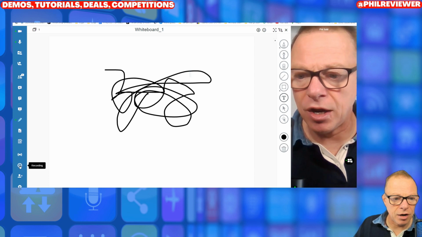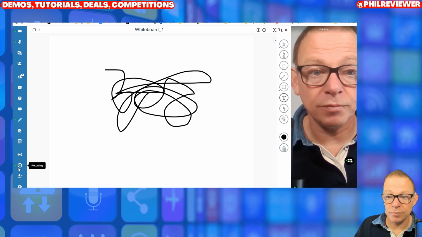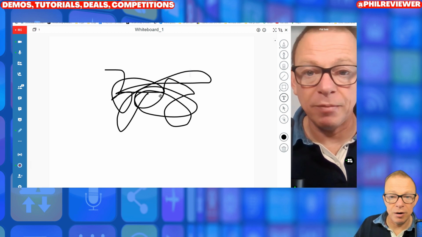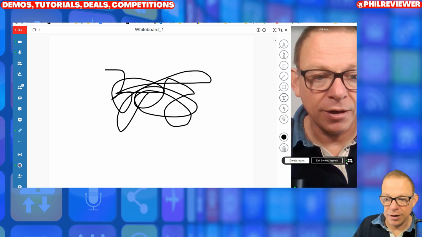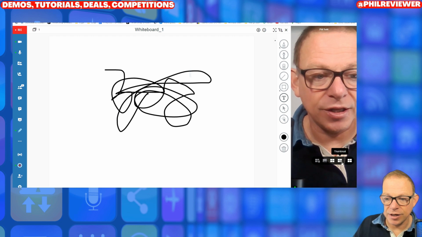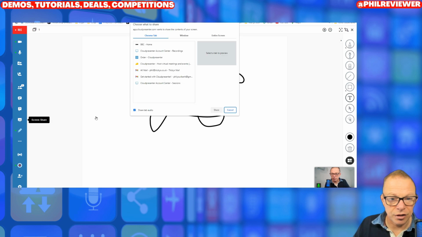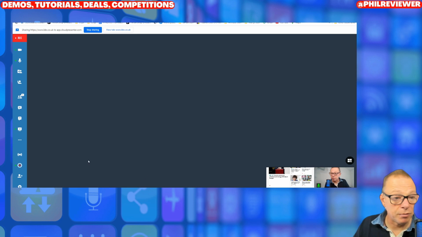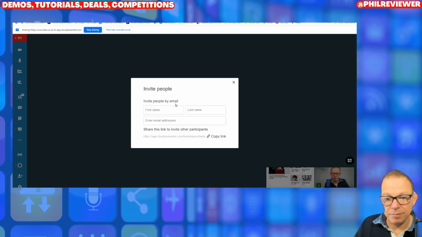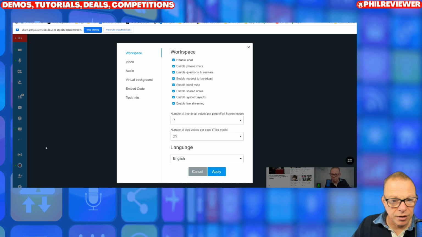You can record, and it will record the session. So at the moment, it will record exactly what you see on the screen. All right, so if I'm making this recording now, if I decided to change the layout, that's what it would record, exactly what you see on the screen, okay? Or the screen share. Again, I'm actually finding it really easy to work with, okay? It's easy to add your participants. You can send them the link and enter their name and email address, or you can do that pre-meeting in the settings. And in the settings, you can basically